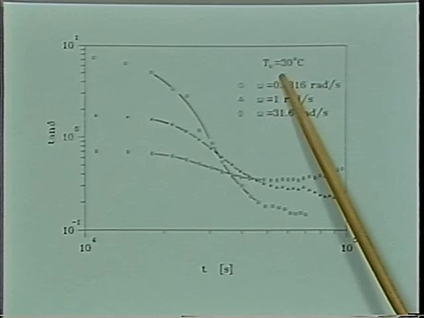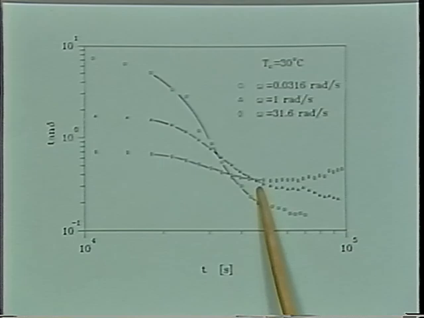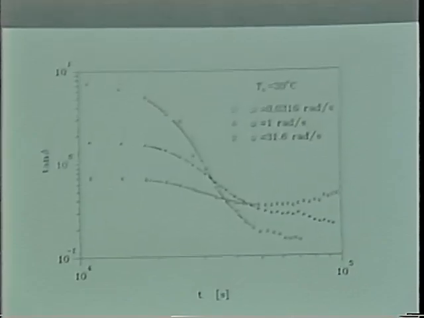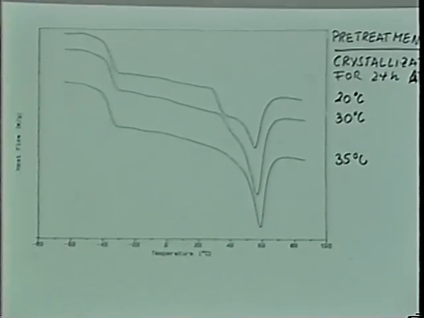Interesting is the crystallization at higher temperatures. We look at tan delta when crystallizing at 30 degrees C and find that there's no single crossover time. So somehow, when we are closer to the melting temperature during the crystallization process, something else happens. Maybe the crystal sizes are in the order of the sample size, or something odd is happening, and we don't know what is happening. When you look at DSC,